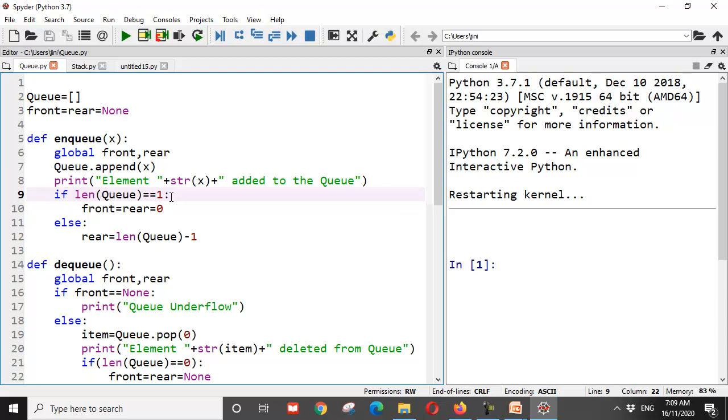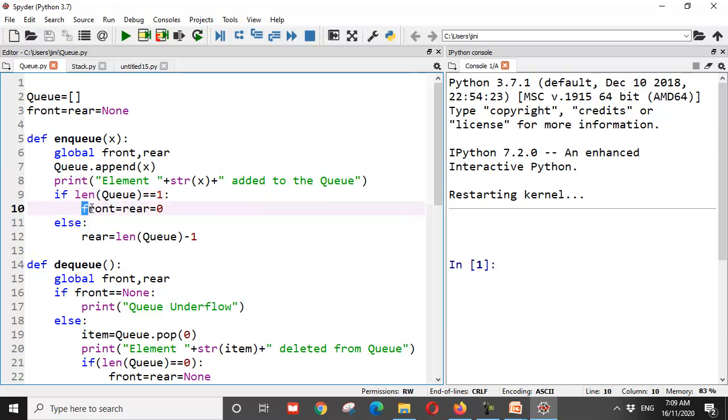But the minute you add the first element, do you agree with me that the variable front and the variable rear refer to the same element, because the first element and the last element happen to be the same? And where does it happen to be? At index location 0.